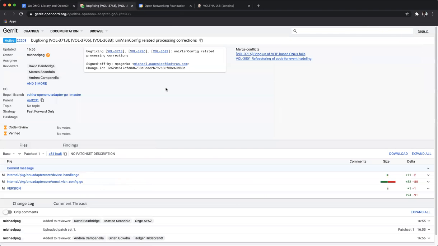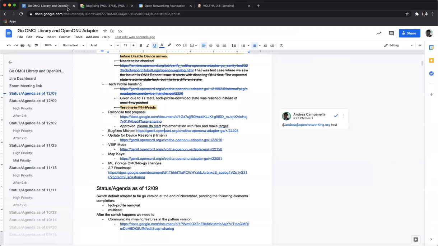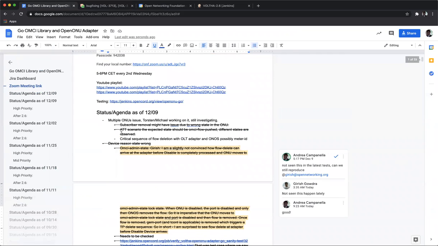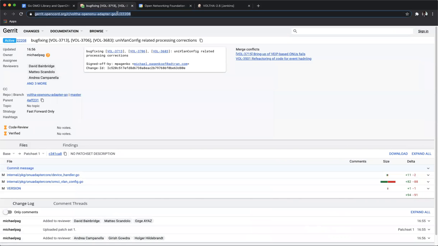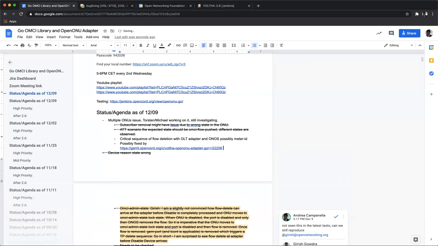Unfortunately, it's very hard to trace this issue in this multi-ONU environment. So yeah, it is just an idea that it might also be related to other reasons. On the other hand, there seems to be some progress also with the latest corrections that we have already delivered, also in the 2.6 line.